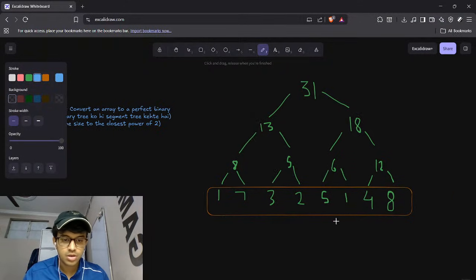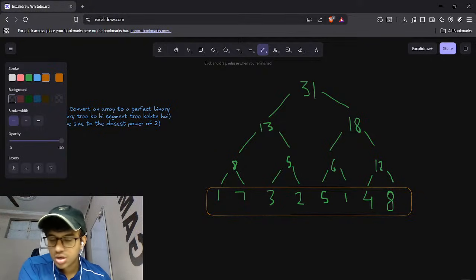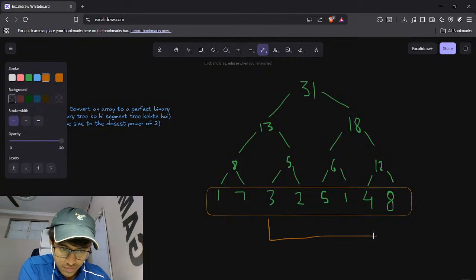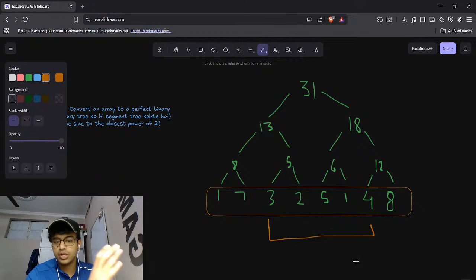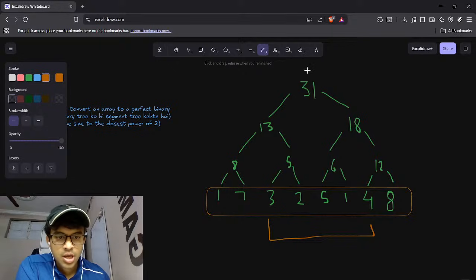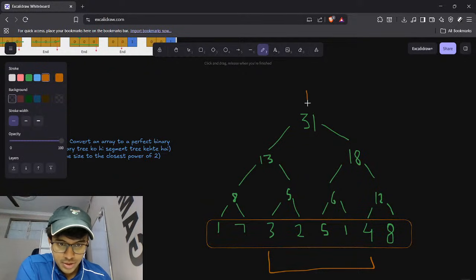Now let's say we are given a question: find out the sum of elements from this to this range. Now we look at this segment. This segment consists of elements from this to this,